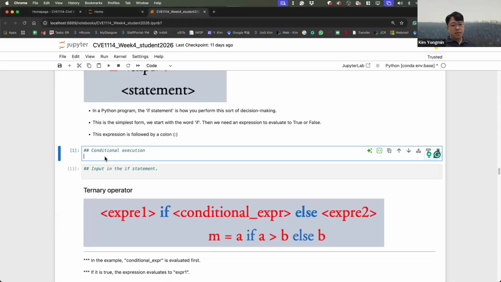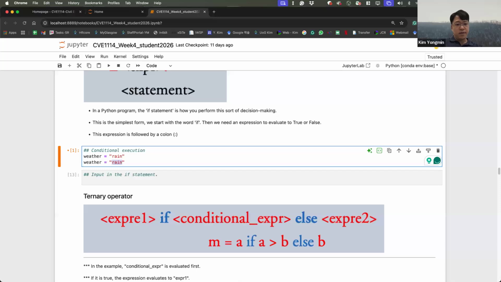Let's see a simple example. I will create conditional executions. Okay, let's continue talking about the weather. How's the weather today? Is it raining or still hot? Yesterday was very hot. Is it raining, or fine dust?